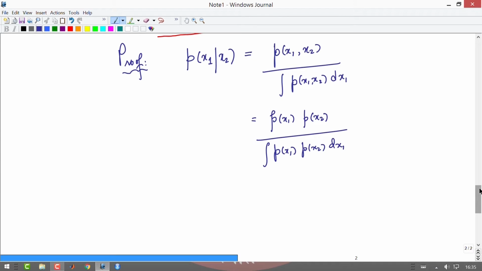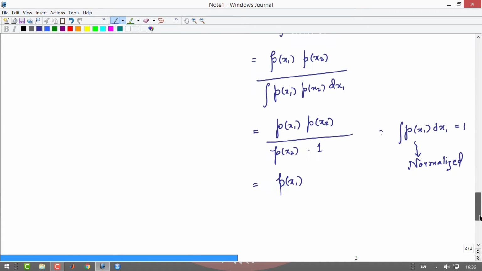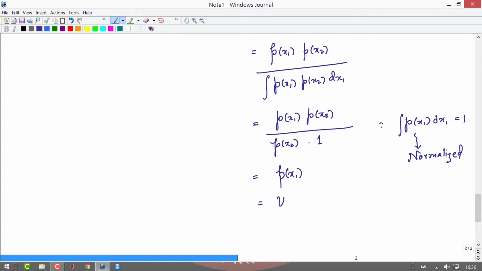Okay, so p of x2 will come outside the integral, and integration of p of x1 dx1 is simply 1, because p of x1 is normalized. Okay, the distribution is normalized, leaving us with just p of x1. Okay, so this is the unconditional probability,